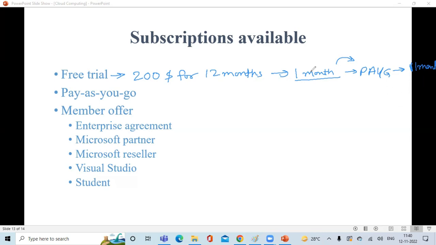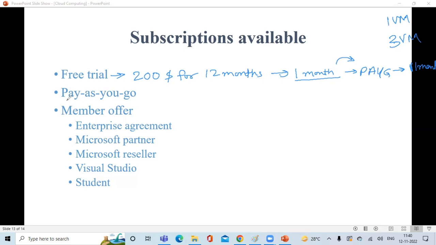So let's say by using the free services, I can have 3 virtual machines. For 1 month, I can create only 3 virtual machines in my subscription. Now, after the pay as you go account, for the rest of the 11 months, maybe they will reduce that. Okay, 1 virtual machine you can create free of cost, but if you create another virtual machine, you have to pay for it. So pay as you go means whatever you are using, only for that you have to pay.